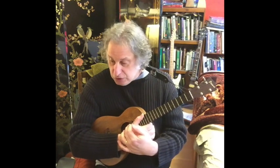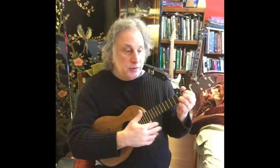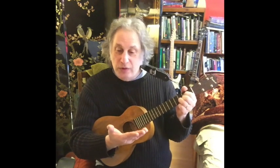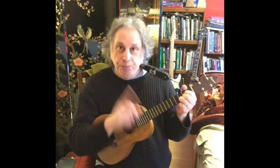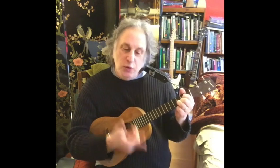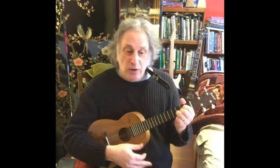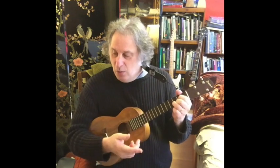So the official hula strum, the one that you see a lot of Hawaiians do, involves a somewhat awkward technique if you're new to this, but let's get used to it. It won't be so awkward if we practice it a little bit. Take your index finger. You do 2 up strums in a row. That's unusual. We don't normally start on an up strum. We almost always start on a down strum. And rarely do we do 2 ups in a row. But check it out. We have 2 ups